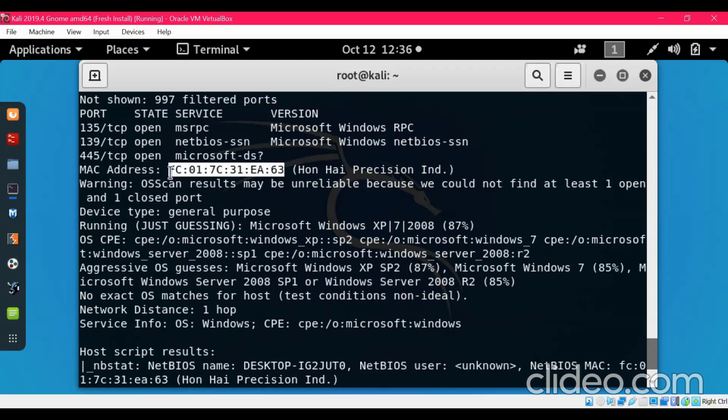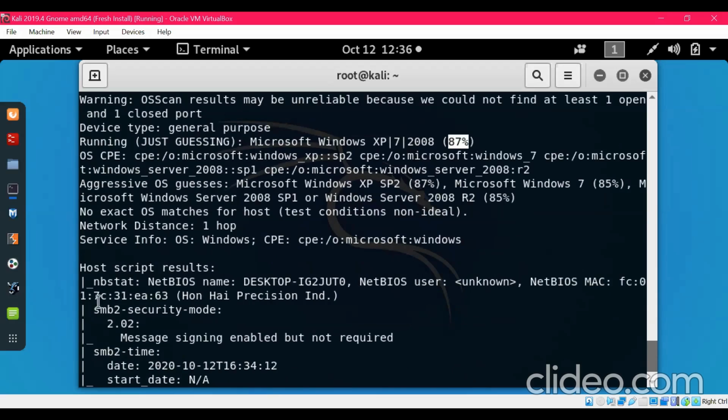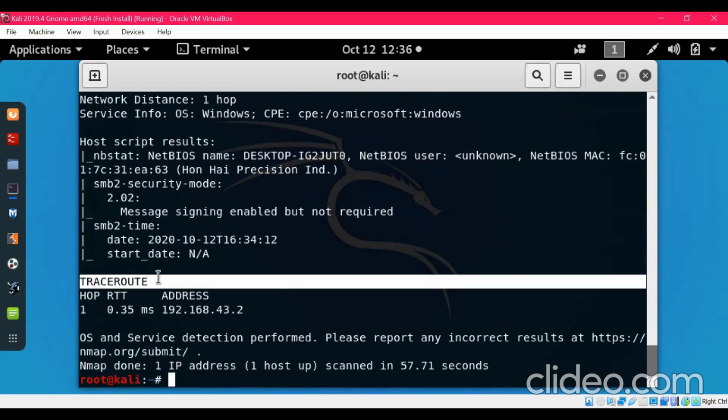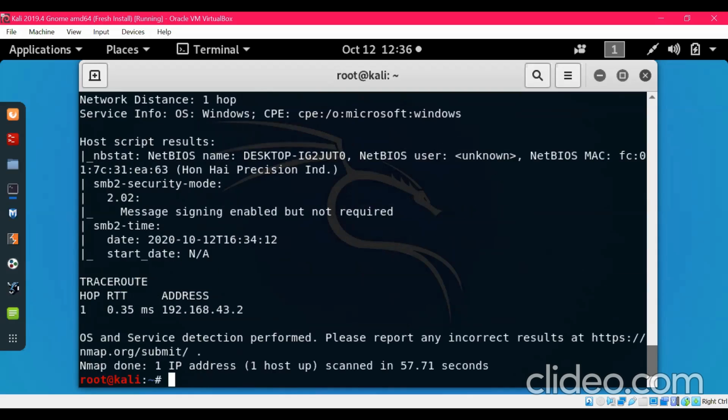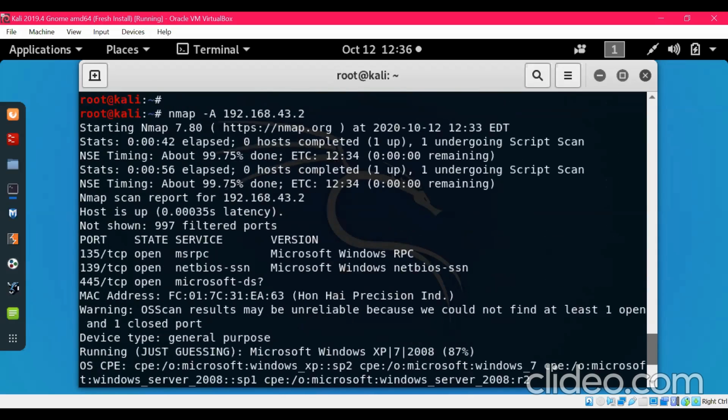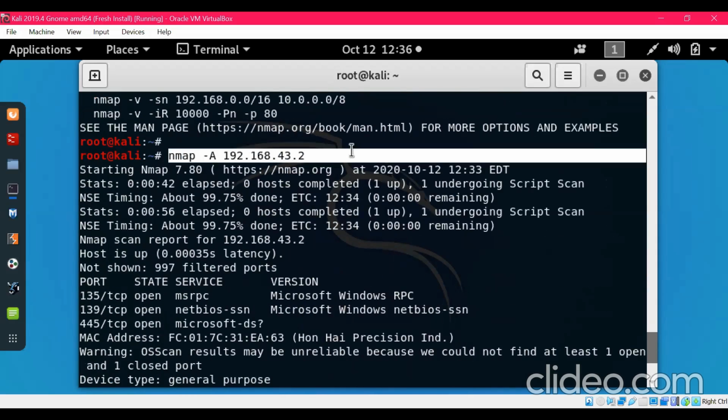This is the MAC address running behind the IP address. It's giving us information about the version, and Microsoft Windows running with 87% accuracy. It's also giving us host script results and the traceroute. So this was for this command.